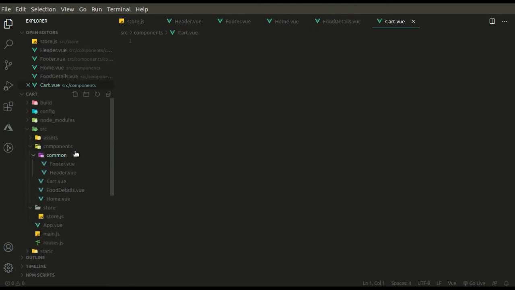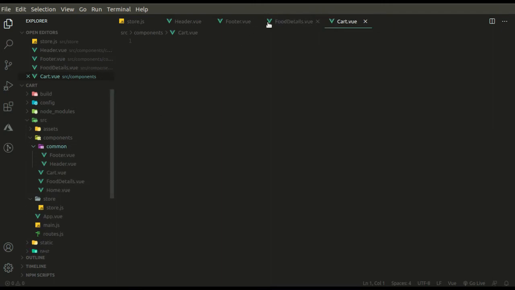Okay, so friends, as you can see, this is our directory structure. We have header and footer component, we have our home component, food details, and cart. Let me close all of these.